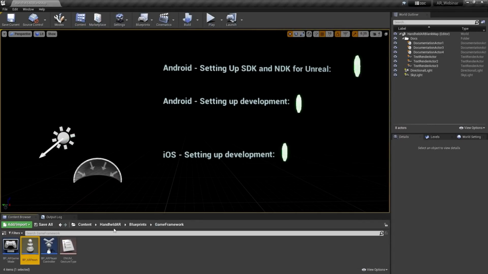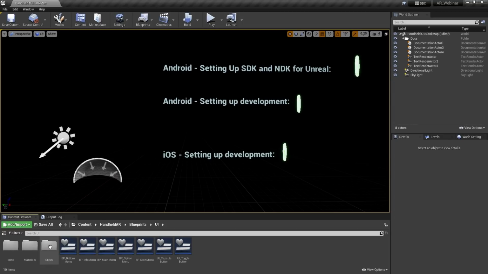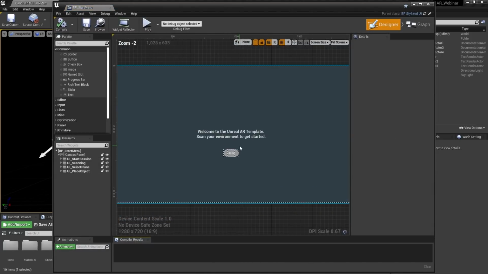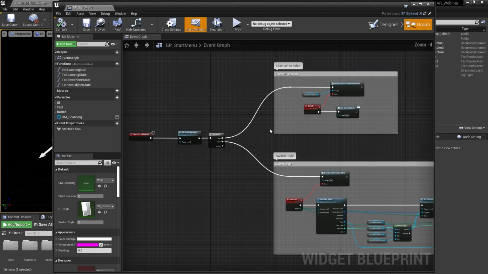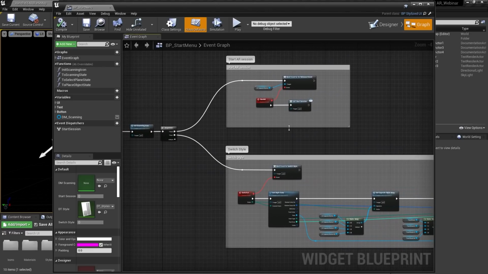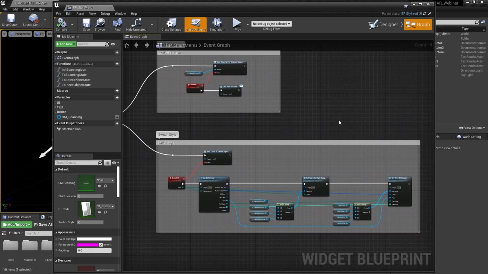Additionally, all the user interface elements are also built up using blueprints in UMG. So if you go into the UI folder, if we grab something like the start menu, obviously this is built using UMG for the text and the buttons and things like that. And if you jump over into the graph, you can see that there's some blueprint code that's taking those to then execute off and do certain things in the project.